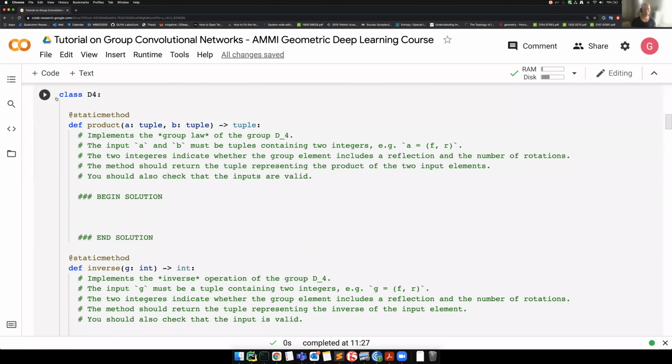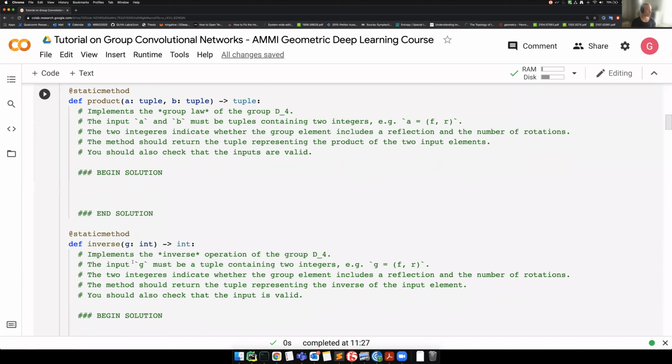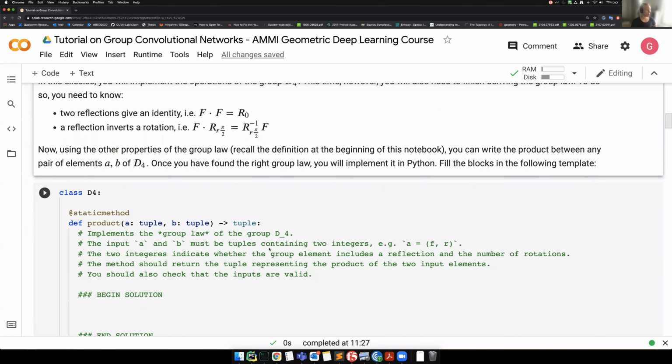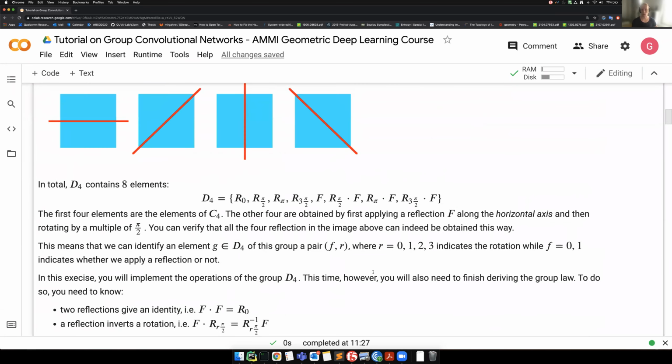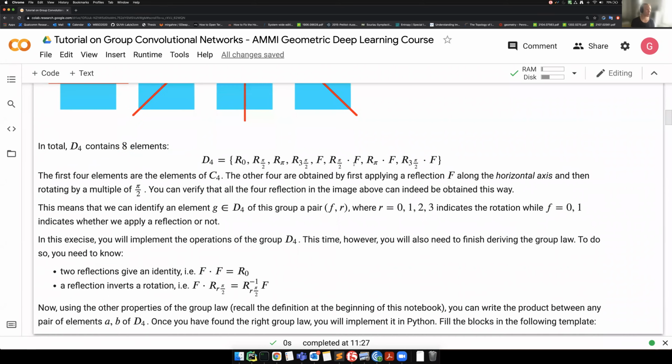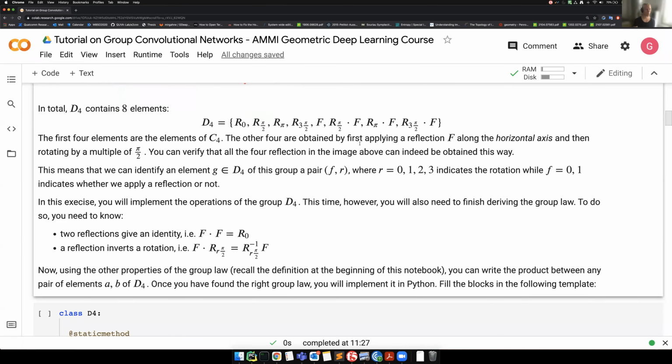Again, you have this static class with the two methods, the product and the inverse. Also, you have to find out yourself how to compute the inverse of an element of the dihedral group. So what is, for example, the inverse? Well, you already know the inverse of a rotation from the previous exercise. What you need to find out is what is the inverse of, for example, a reflection followed by a rotation by pi. You can do that yourself: try to write down the rotation times f, put the inverse, and then try to manually solve the